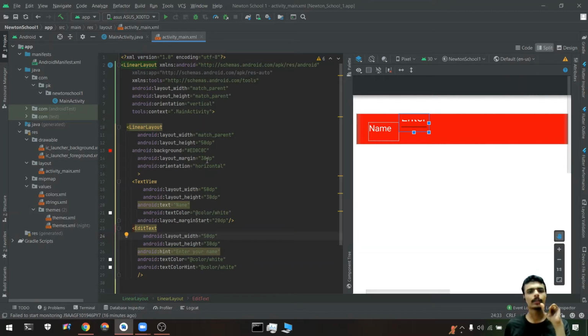So margin of... I don't know why it is showing in the above part.